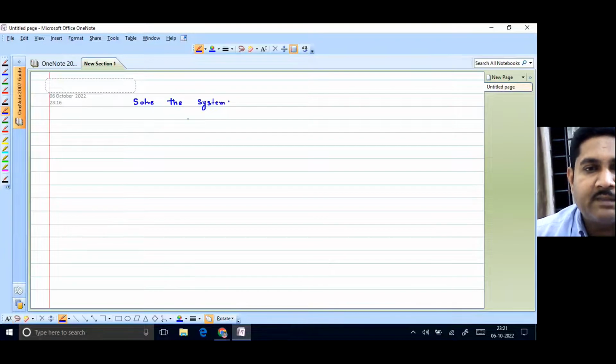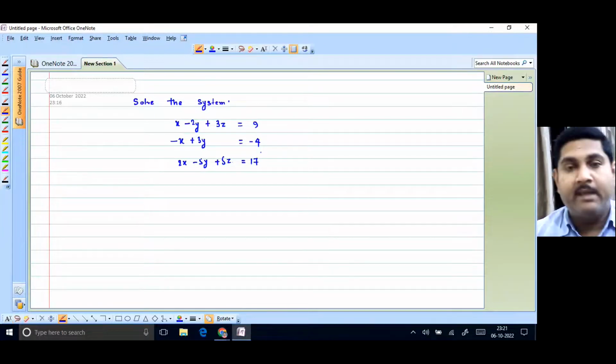My first equation is x minus 2y plus 3z equal to 9, minus x plus 3y equal to minus 4, and 2x minus 5y plus 5z equal to 70. So what I will do, on the right hand side I am going to write